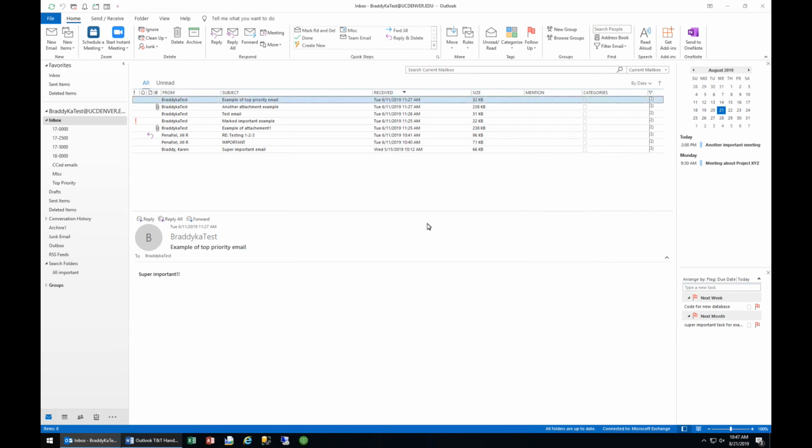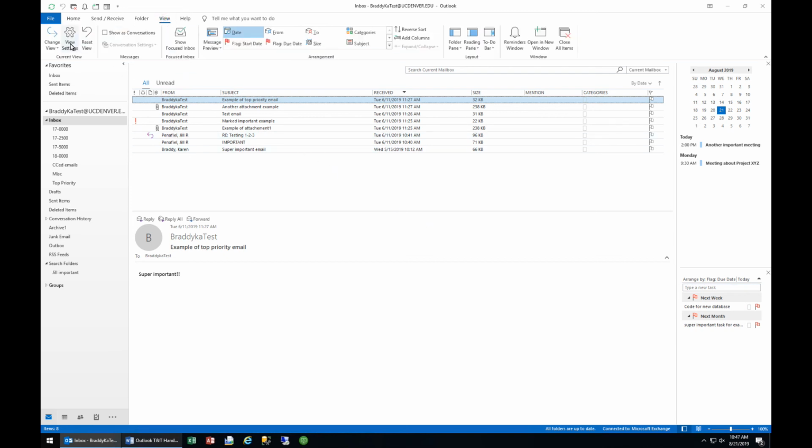The last thing I'm going to talk about is conditional formatting. This helps certain emails in your folder or your inbox jump out. So if you want to highlight certain emails and make them easier to notice, conditional formatting can help you with that. Unlike the quick steps and the rules, this isn't something where an action is being taken, like sending an email or moving an email to a folder. It's more of a visual thing. So because of that, it's under the View tab. So I'm going to go to the View tab,